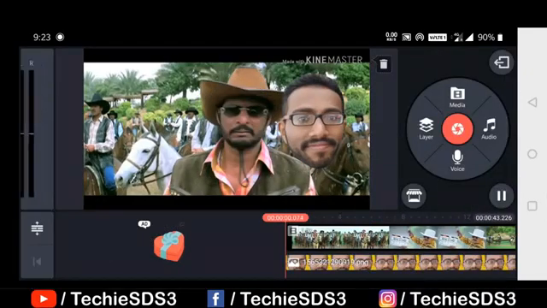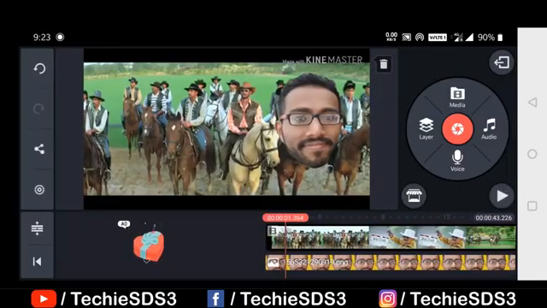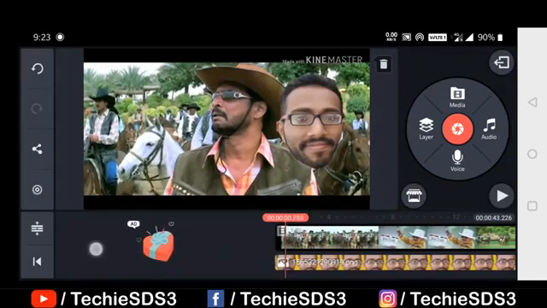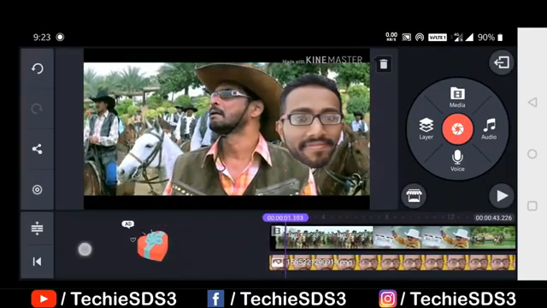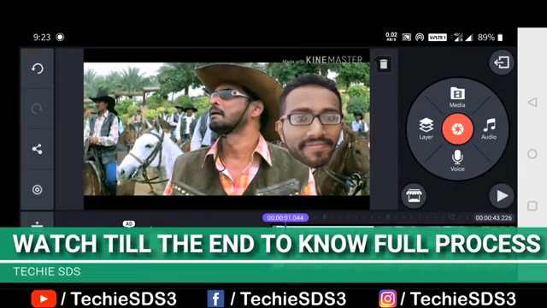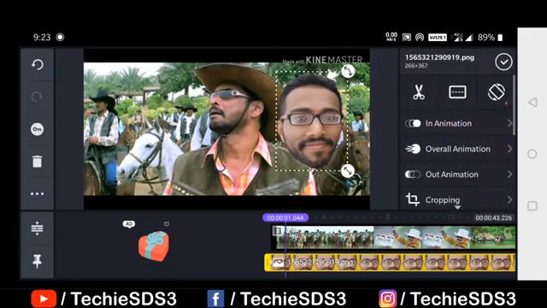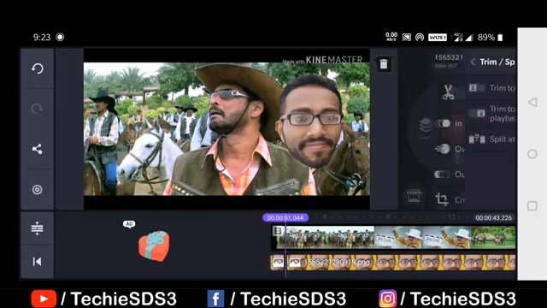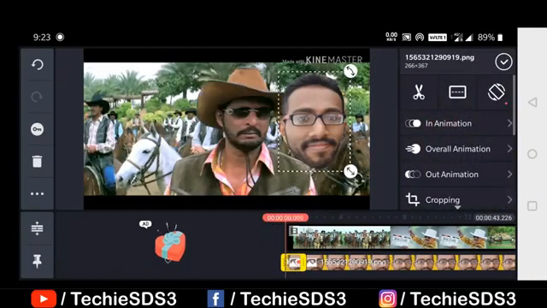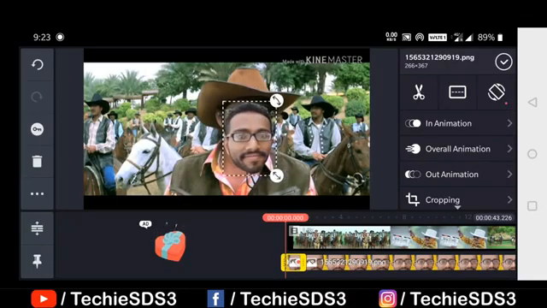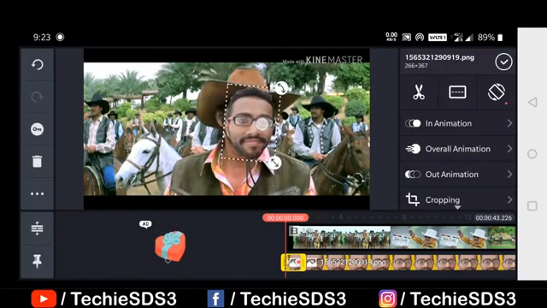Now what you have to do is play the main video and trim to the first scene. As you can see, after 1 second the scene changes, so till then you have to crop the second image. That's my face. So till here select the second image, the face, then trim, and here click on split. So we have got the first scene. So now you work on the first scene. Simply first adjust the face as per the original face size, Nana Patekar's size.